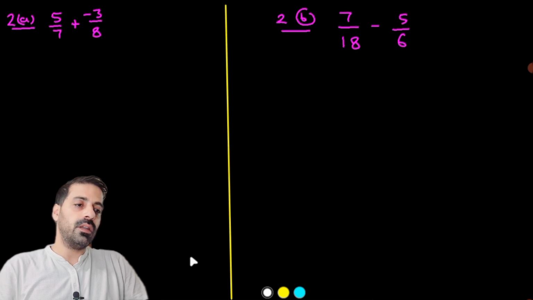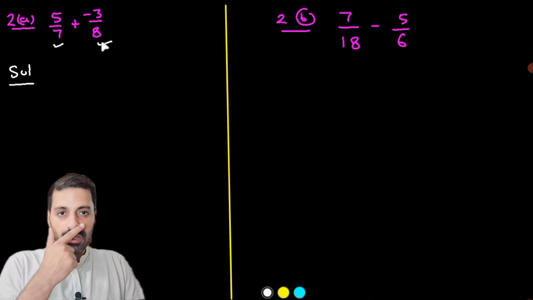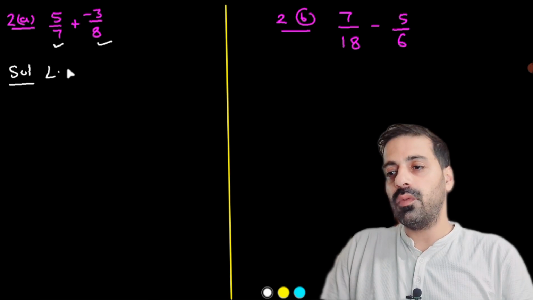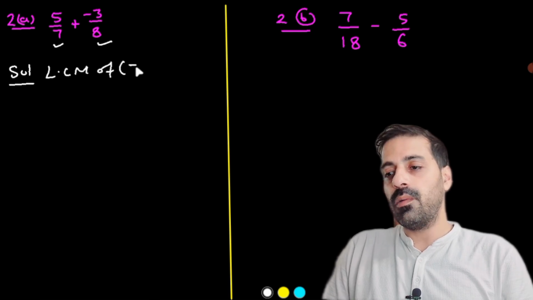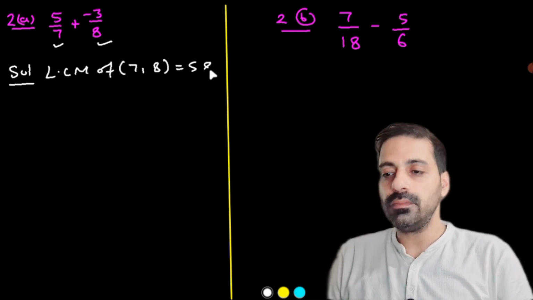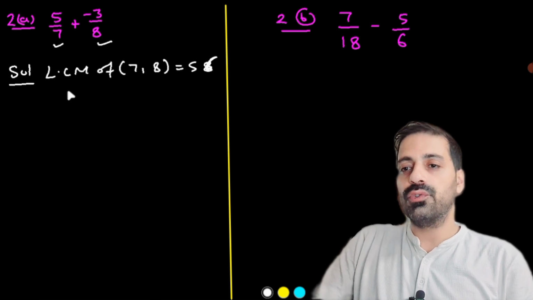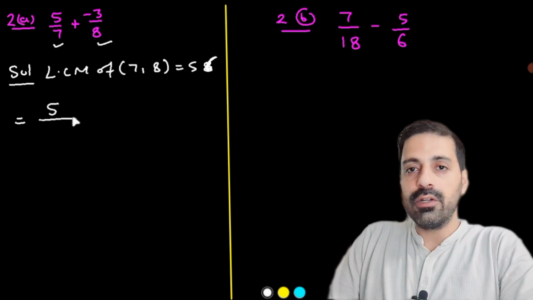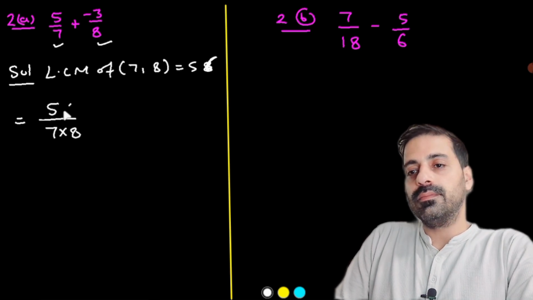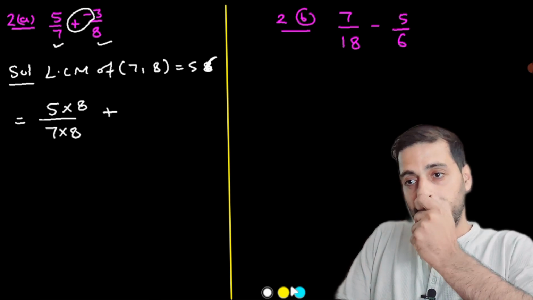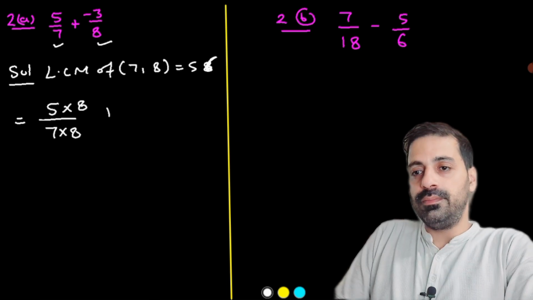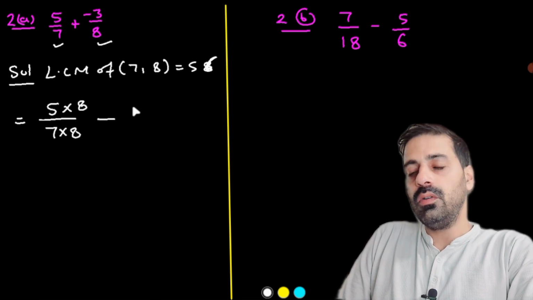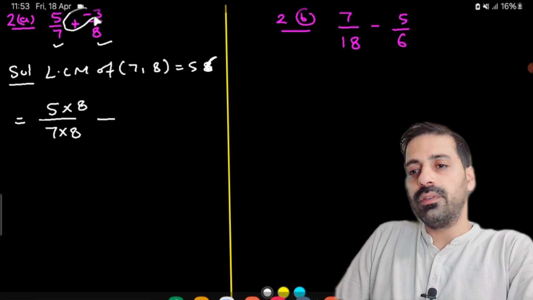Now move to the next part, that is question number 2. Here you can see the denominator of both the numbers is different. So what we can do here, we can take the LCM. LCM of 7 and 8, that will be 56. So now, by the equalizing method, 7 is going to multiply by 8 and 5 is going to multiply by 8. Again here a WWE fight is going on, so who is going to win this? Negative sign is going to win this, and here we have the negative sign. So this is the WWE fight here.